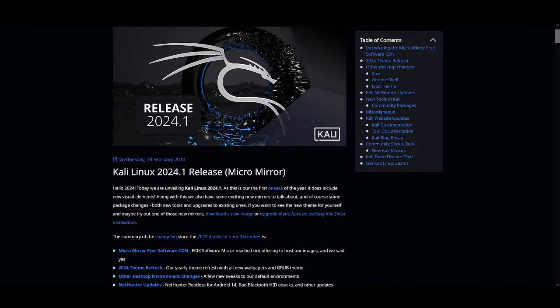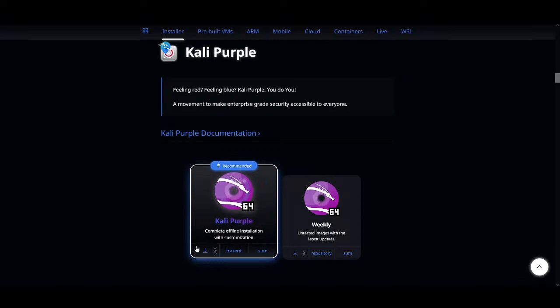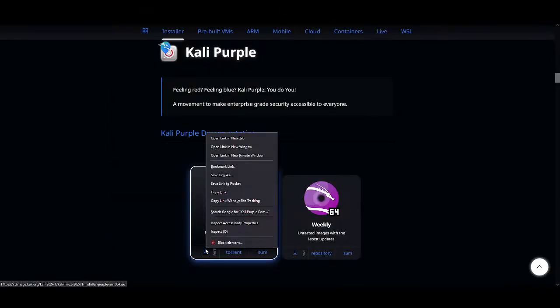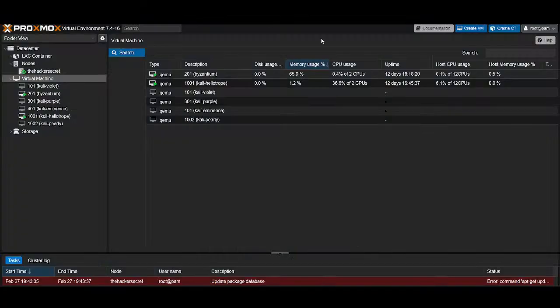Okay, so today is a pretty exciting day. There is the new release of Kali Linux 2024.1, which means that there is a new release of Kali Purple 2024.1. There's, I guess, a couple of new things that come with it. I'm really interested in taking this new ISO, which I guess I can grab a copy of here, and then for our SOC in a box lab that we're working on, inserting a new,